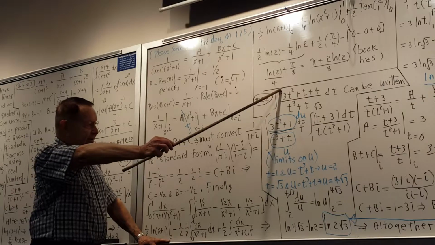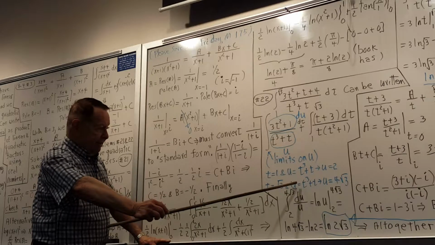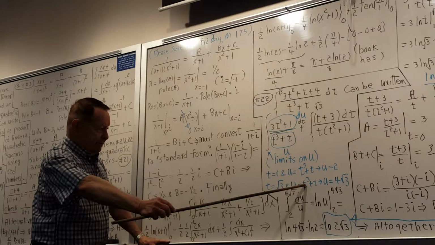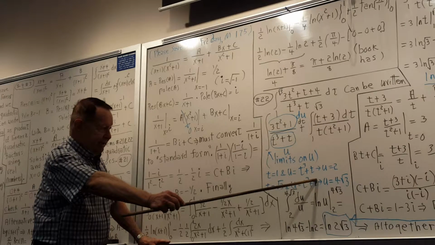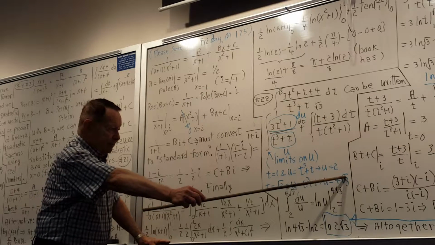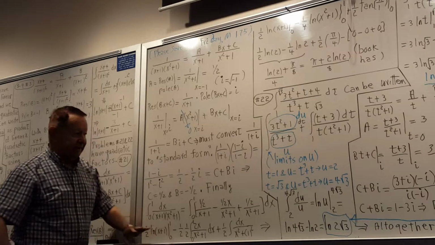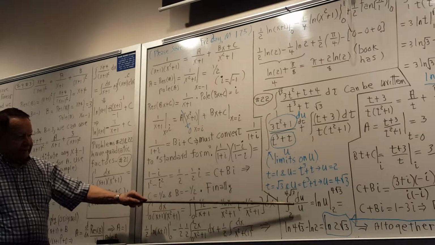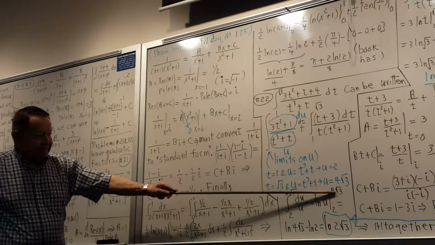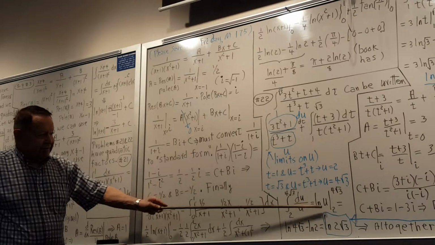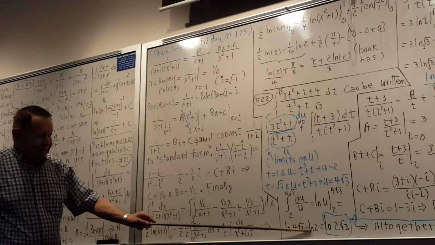And when t is square root 3, and this is the u, I have 3 times square root of 3 out of the cube, and then I have another square root of 3 there, so that's 4 of them. So my limits on u would be 2 to 4 root 3. And so then I get log u between the limits, and so that'll be log 4 root 3 minus log 2,